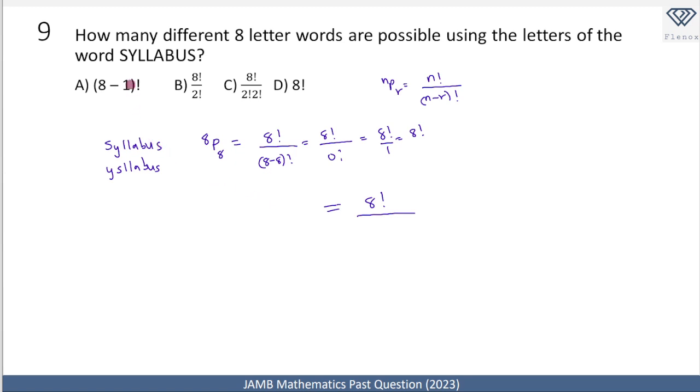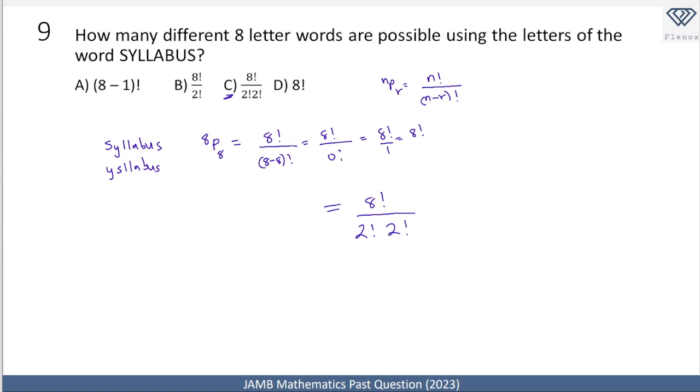So in this case, we have S repeating 2 times, so that's going to be divided by 2 factorial, and we also have L repeating 2 times, so dividing by 2 factorial. So that means the correct option is going to be 8 factorial over 2 factorial times 2 factorial, and that makes option C the correct option. For more clarity, as I've mentioned, watch the tutorial video on combination and permutation, and that will definitely add clarity